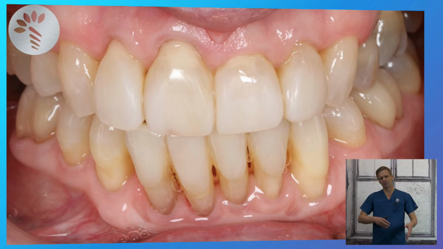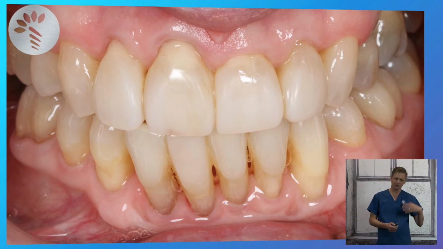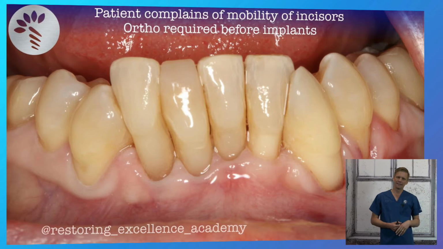with this patient. But from the upside of longevity, I'm very, very doubtful we could have maintained the health of these tissues as well without having some attachment and without having some thickness of tissue so that she could clean and so that the tissue was stable. Previously, if you look at the previous picture, you can see where I'm retracting her lip, the tissue is lifting up all the way to the tooth. So there's essentially no